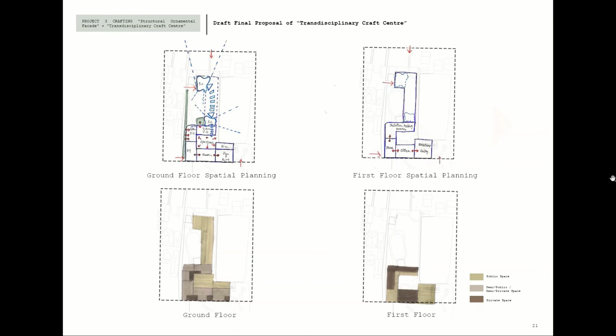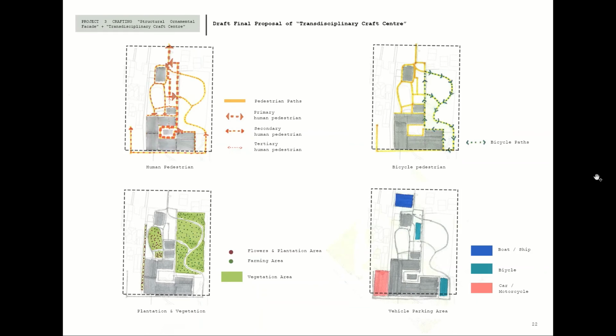And then categorized into public, semi-private, semi-public, and private space. Moving on to the site spatial planning for human pedestrians, bicycle pedestrians, vegetation, and the vehicle parking area. For human pedestrians,